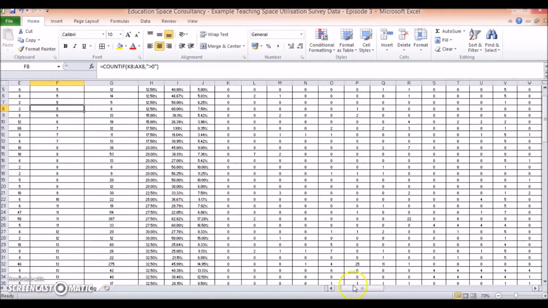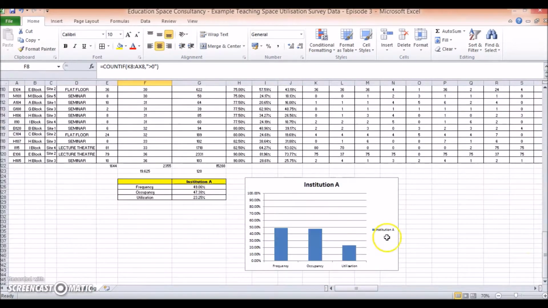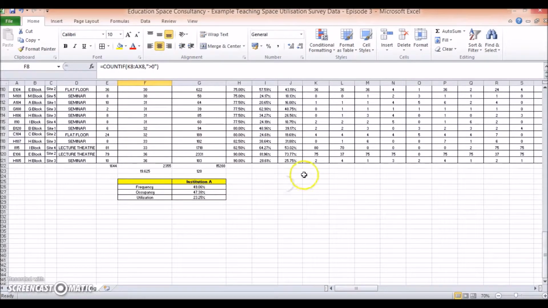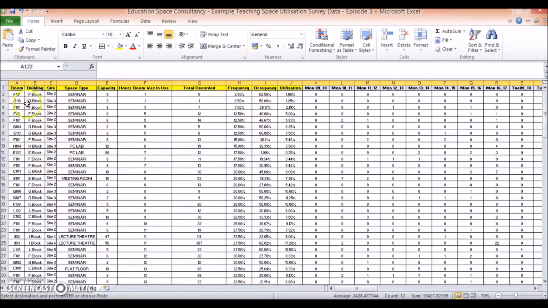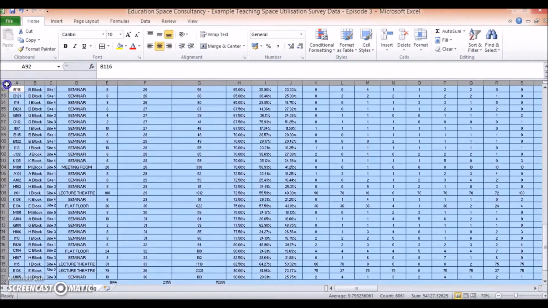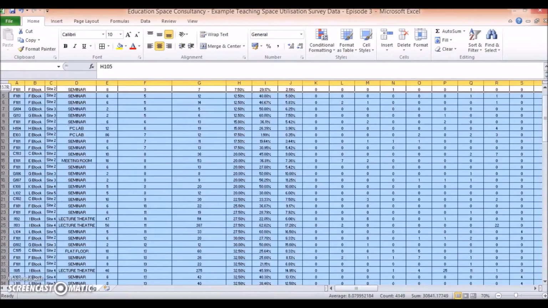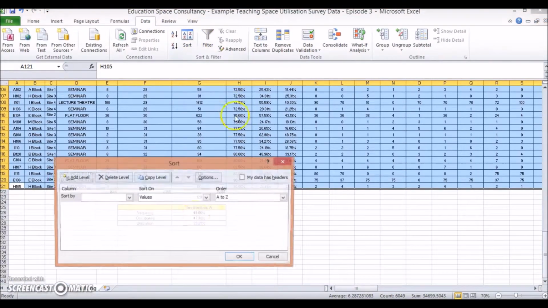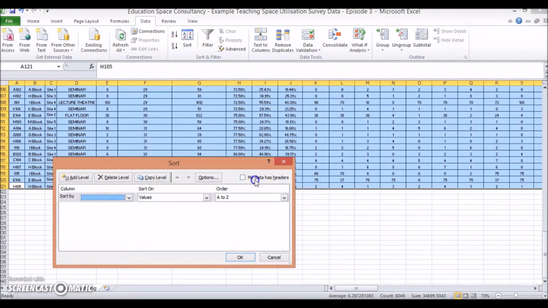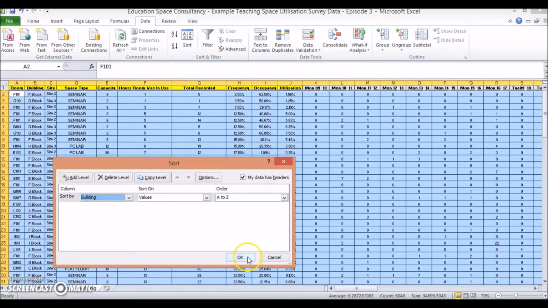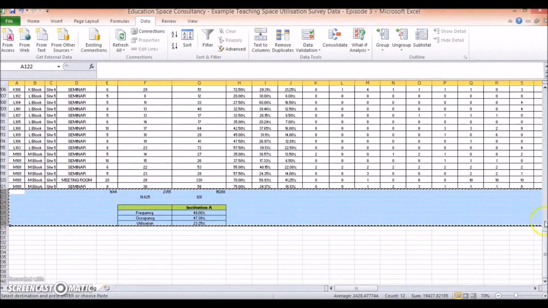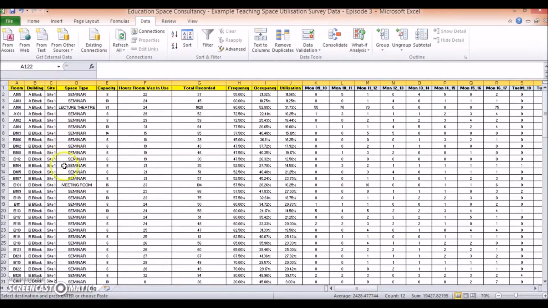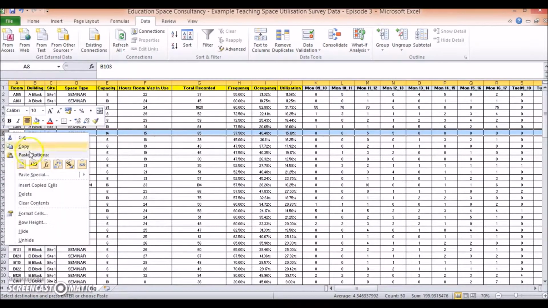So as you may have guessed, what I'm going to do is exactly the same thing as before. I'm going to delete my graph, copy this. No, before I do that, I'm going to grab my data, sort it by building. This stage is critical, so do remember to sort first. Go back down, grab my formulas, Control C or copy,